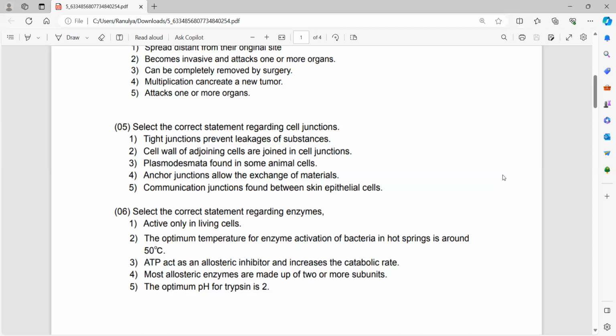Third one, ATP acts as an allosteric inhibitor and increases the catabolic rate. ADP functions as an allosteric activator, binds to the enzyme and stimulates the production of ATP by catabolism. If the supply of ATP exceeds the demand, catabolism slows down. Here ATP binds to the same